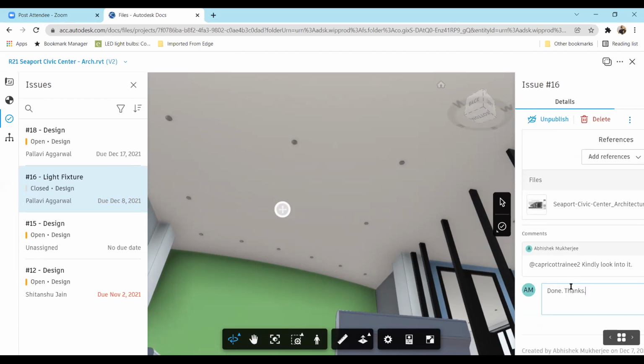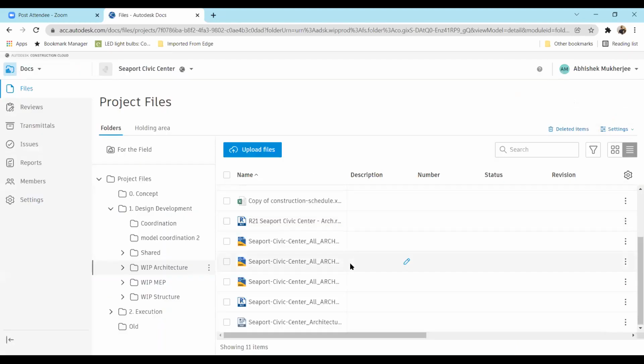So the good part about creating issues over here instead of going for emails is that you can directly solve anything over here. Of course, making changes to the model requires a complete software, but all the review and all the things which you do over here will be logged somewhere. So after this is done, I can click on close and then this part is done. Now I can open a CAD file as well.